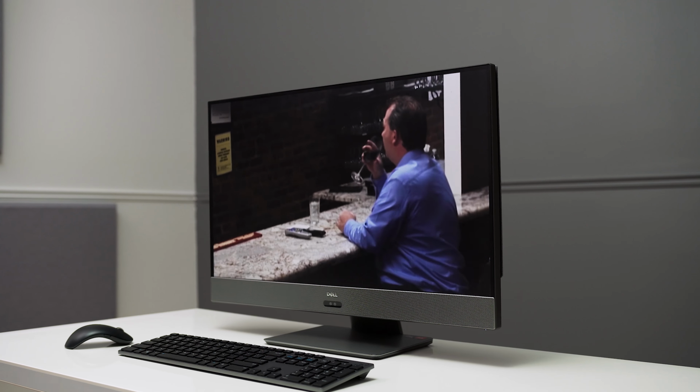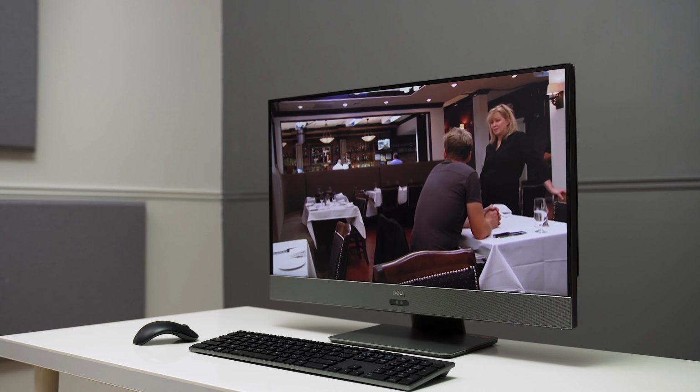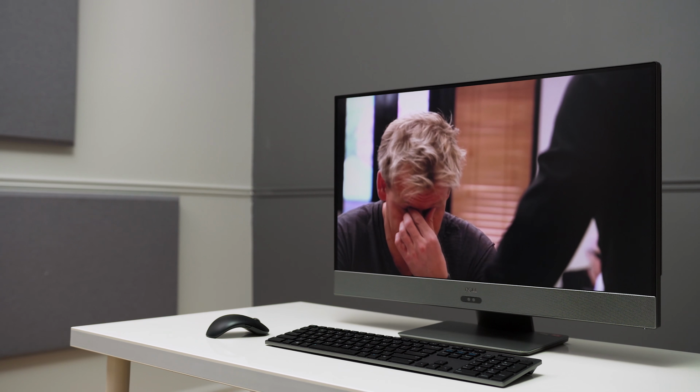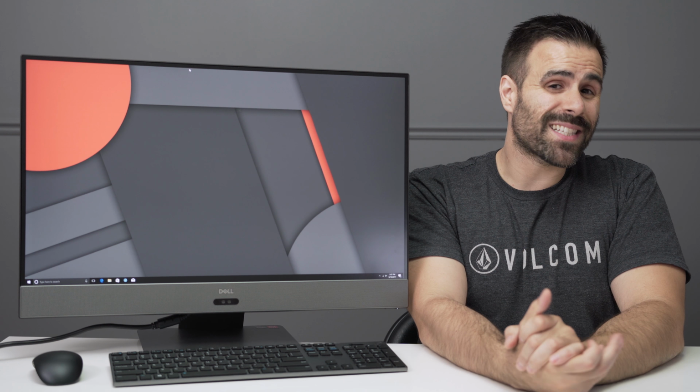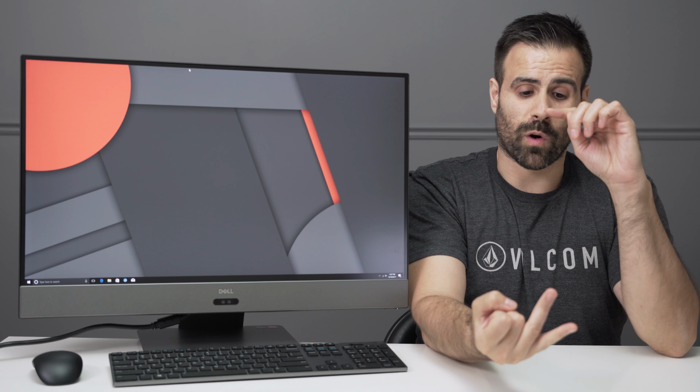Let's talk about heat management, and this all-in-one performed very well. AMD Ryzen chips generally run pretty cool, especially compared to the Kaby Lake processors from Intel. The CPU temperatures never exceeded 66 to 70 degrees, no matter how much I gamed or what heat tests